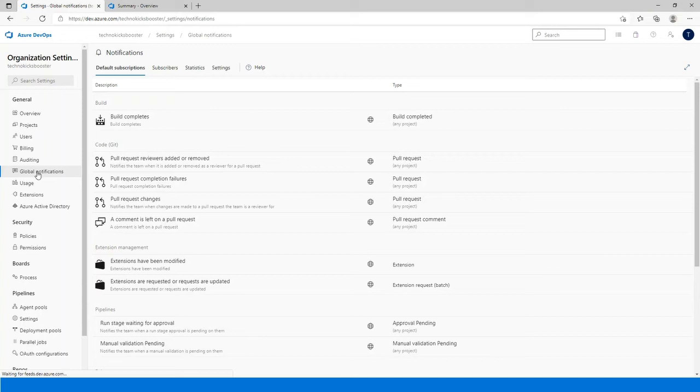For example, anybody creating a pull request, anybody completing a pull request, or build completes, build fails, release complete, release failed, or these types of things, right? For all the services that we are using, or anyone creating a new work item, or whenever there is a change of a work item, for example, a state moving from new state to completed state or work in progress state, right? These kinds of things we can have in the global notification.